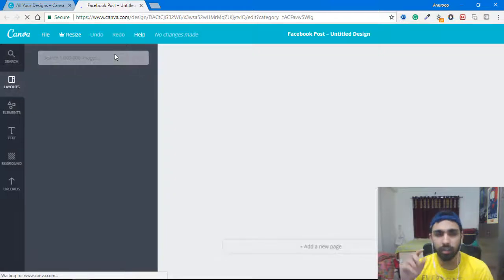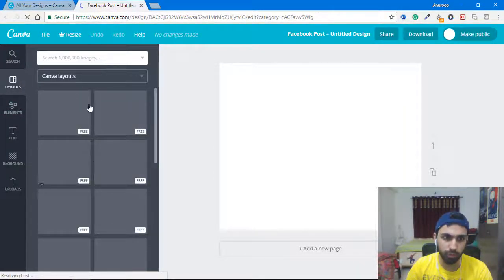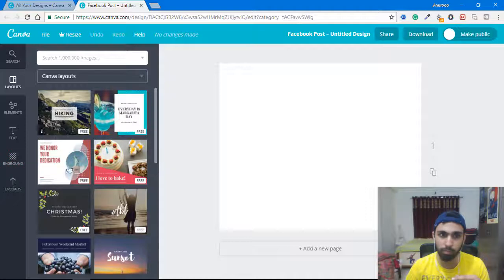In this new tab, you will be presented with different layouts for your Facebook post. They are just being loaded here. These are professional quality different layouts for your Facebook post, and all are for free. It's pretty amazing in Canva, it's giving away everything for free. Just grab it. Now if you want to create your Facebook post completely from scratch, and you don't want to take these pre-made templates,